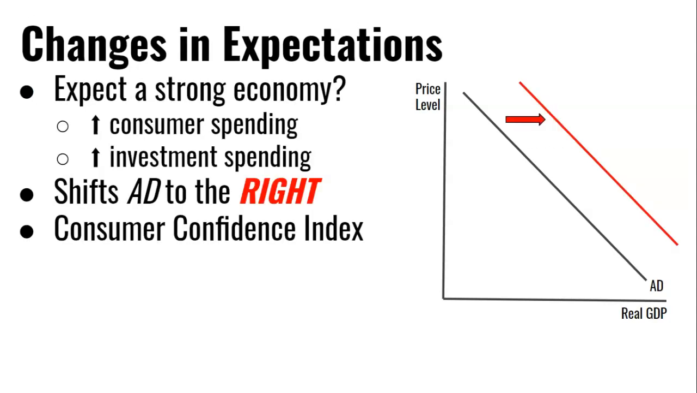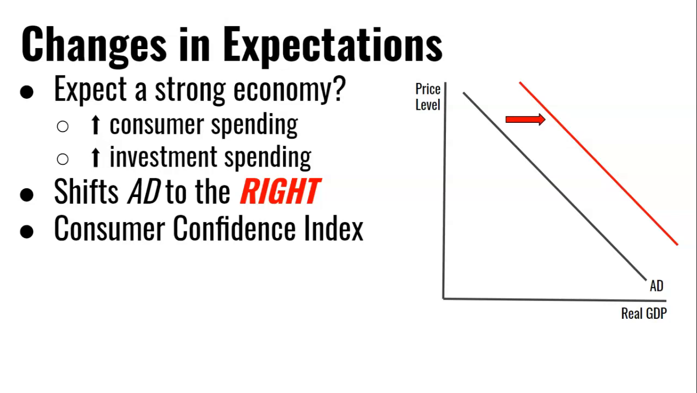Given an expectation of a strong and growing economy, we would expect that there would be more resources available to people to be able to buy more stuff. We'd see an increase in consumer spending. We might see an increase in investment spending by businesses as they look to ramp up production to produce more goods for what they expect they're going to need to sell. All of this is going to create an increase in the goods and services demanded in the economy and cause